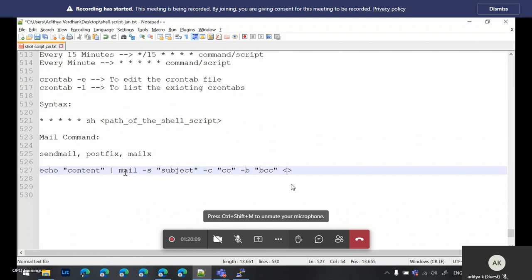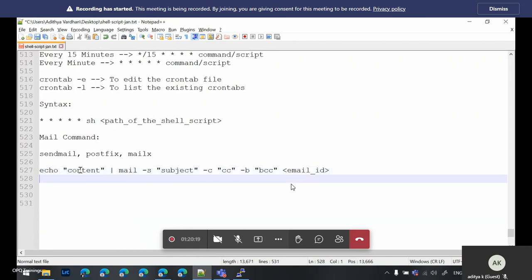And then you can add the email ID of who you want to send it to. So this is one way of sending, where you write the content or the body of your mail using the echo command. If you don't want to use the echo command, and let's say this is a huge content, you can save that content in a particular file, and then you can attach that file as well